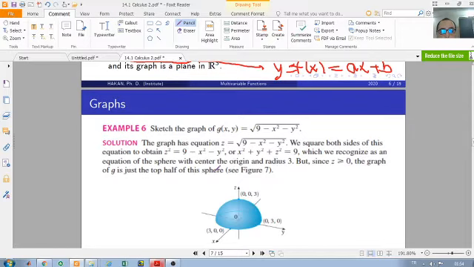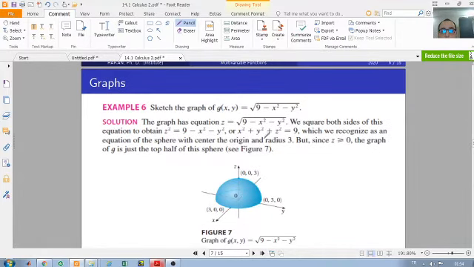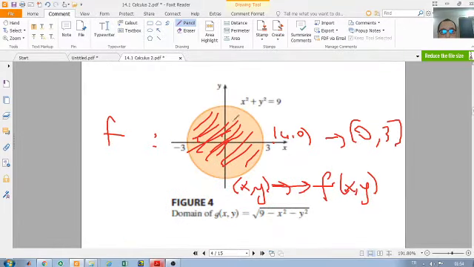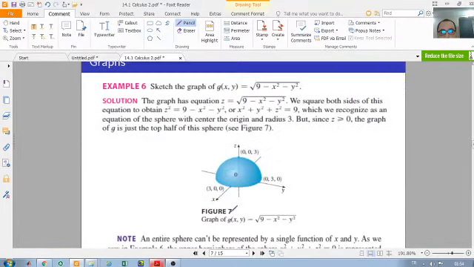Okay, so sketch the graph of g of x, y. We found its domain, which is a disk, you see, of this function. So to sketch the graph, we do some calculations for the definition of the function to see a known equation for the function. So instead of g of x, y, we write the third variable z, and we square both sides of this equation, so we obtain z squared is 9 minus x squared minus y squared, and from here we get x squared plus y squared plus z squared is equal to